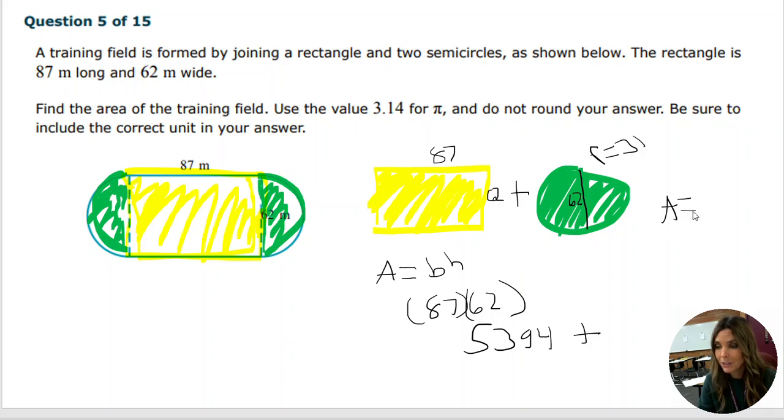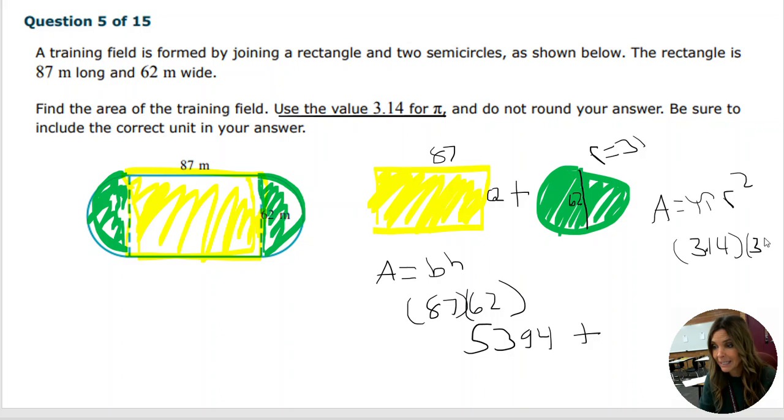So when we do area of a circle, we do pi times, let me back up. This is getting a little bit messy. My pen is not writing very straight. So we're going to do area is equal to pi times radius squared. It tells us to use 3.14 for pi. I'm going to plug in 3.14 instead of the pi. And then for the radius, we're going to use 31. Okay? And we want to make sure that we do the 31 squared first. And then we're going to multiply that with 3.14, which gives us